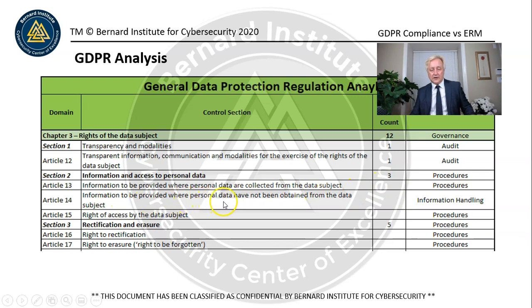Information handling can be used to make sure that the data that we've obtained, where it's being used, and how it's handled. Certainly when we do the privacy impact assessment, we're going to be doing some data tracking. We're going to build a registry of our personal information holdings and assign some responsibilities and ownership around that data to make sure that there is somebody keeping an eye on it and making sure that it's protected. But generally, as an enterprise or an organization, we need to have procedures and information handling practices in place.